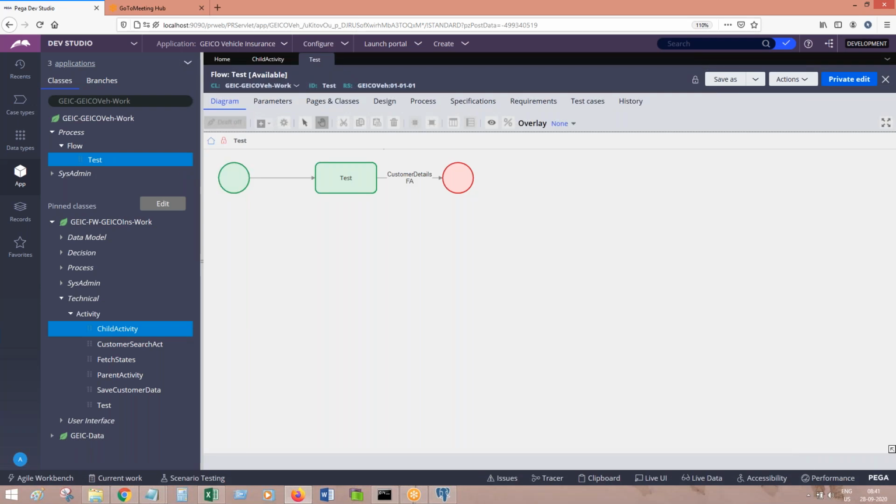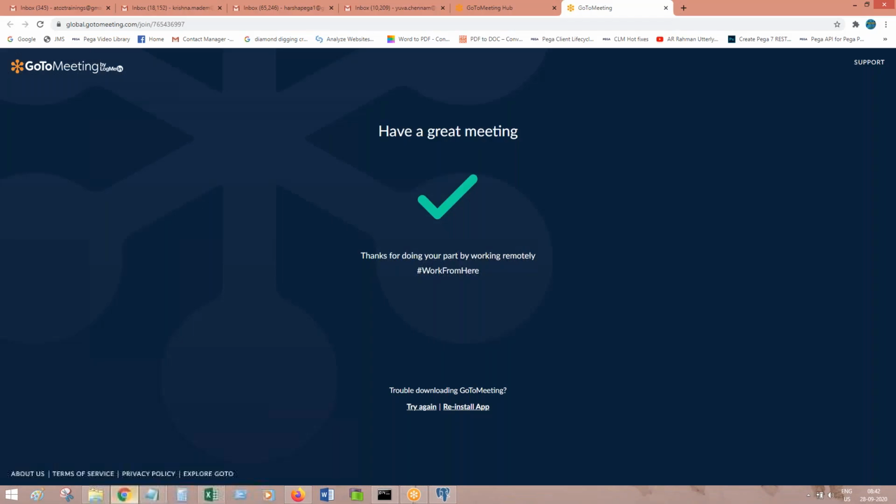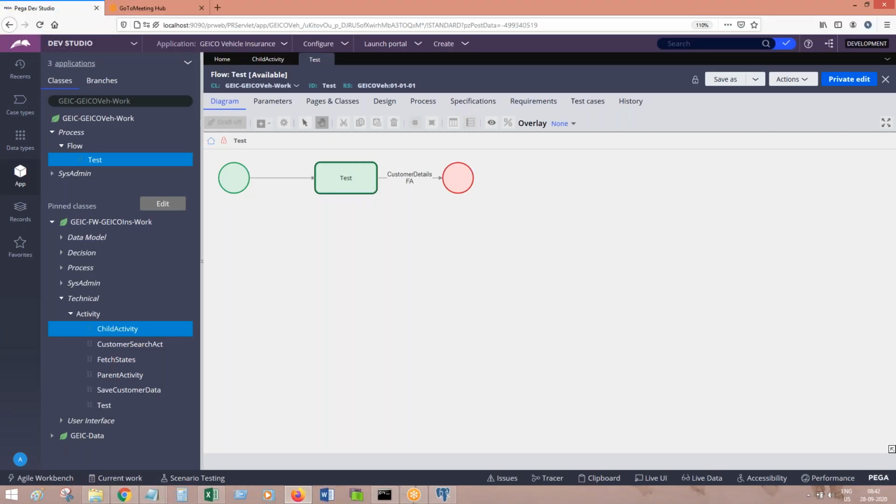From which table has this flow rule been opened? I mean, you can tell me the name of the class which is mapped to the table. Flow will get stored into which class related table? Rule-Obj-Flow. So when you click on this hyperlink to open this flow, PRPC internally runs activities to fetch the flow record from the flow related table. For that, what is the method it will use? OBJ open by handle, because it has to identify the rules by primary keys. It will use the method OBJ open by handle internally.